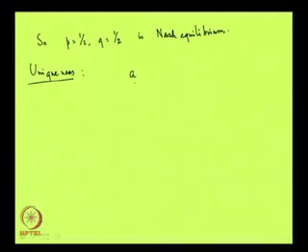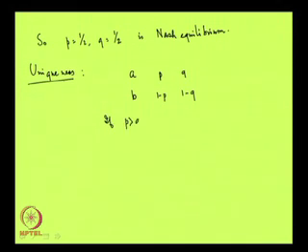For example, if someone is getting A and B under two circumstances, and suppose these are the probabilities, then if P is greater than Q, then this is this probability distribution